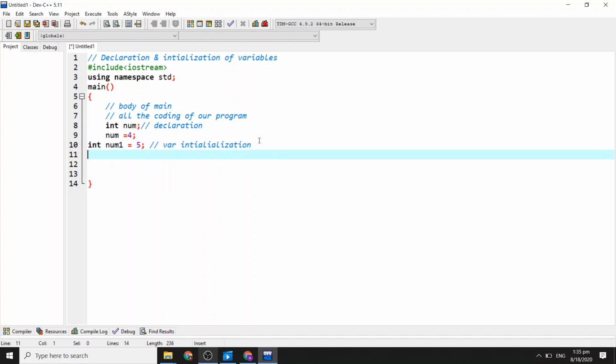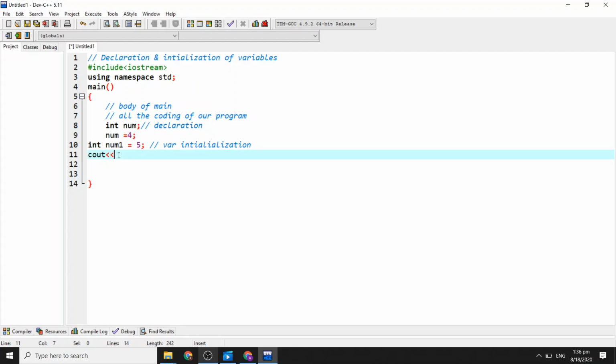For printing in C++, we use the cout statement, and after that we use the two less than signs, which are known as the insertion operator.